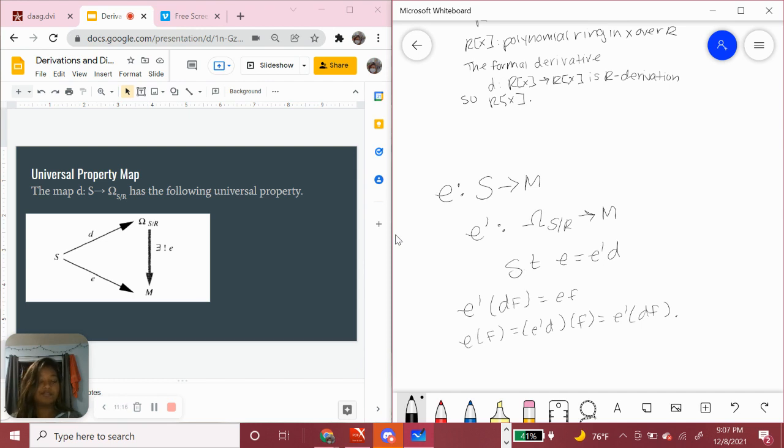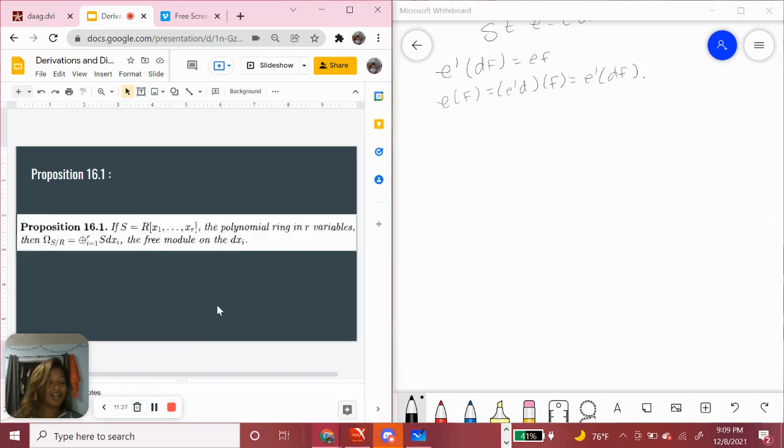There's more to it, but before I go over a little more, I wanted to go through some definitions, just to remind everyone of some things. So, okay, I lied. We're going to first state proposition 16.1, and then we'll come back to the universal property map in the proof of this proposition. So proposition 16.1 says if S is equal to the polynomial ring in R variables, then omega S over R is equal to the direct sum from 1 to R of S of D x sub i, the free module on the D xi. So just reminding us of what a free module means again,